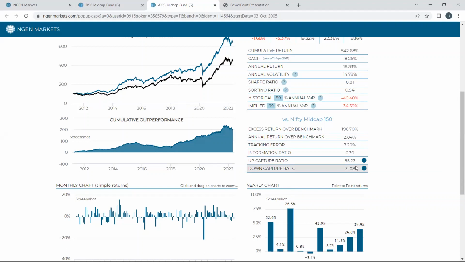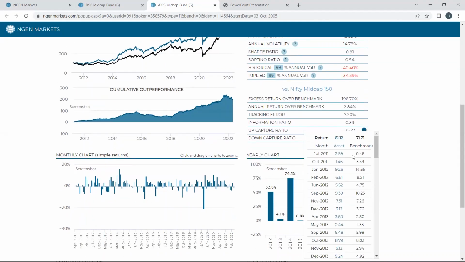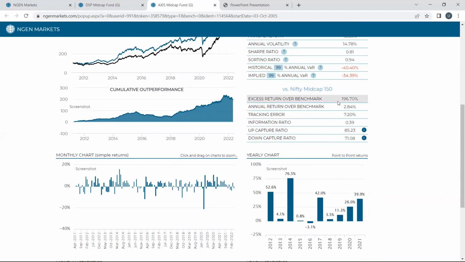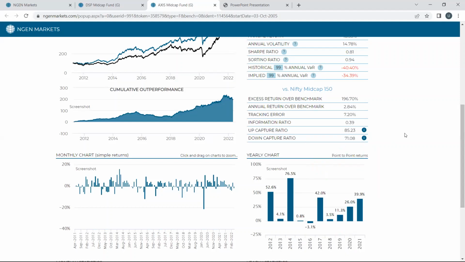Many times, if you want to see the underlying up capture months, when the benchmark was up, how our asset has performed. You can see accordingly that we have actually not performed based on the up capture. So the significant annual return over benchmark has possibly come from the down capture. As you can see, we have given lesser risk than the benchmark. So this gives us a lot of scenario making as to how this particular fund is actually behaving against the